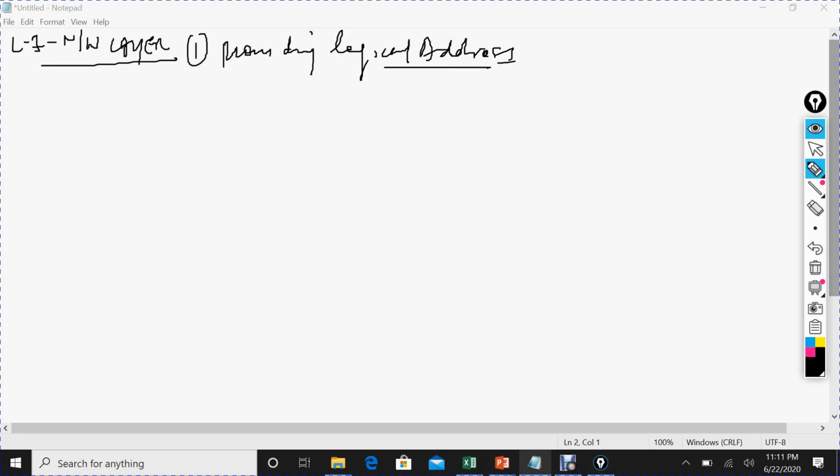Logical address is nothing but an IP address. So if you are dealing with an IP address, it means you are working at the network layer. If you are removing, creating, deleting or modifying IP addresses, then we can say you are working at the network layer, because this layer is responsible for assigning IP addresses.